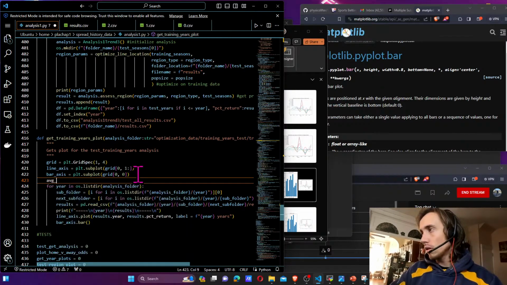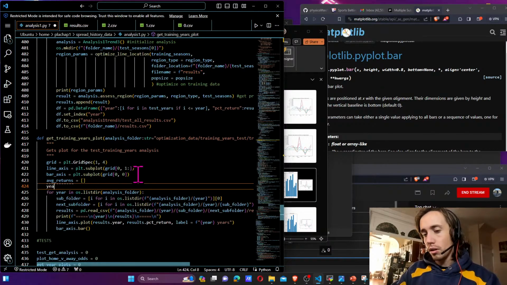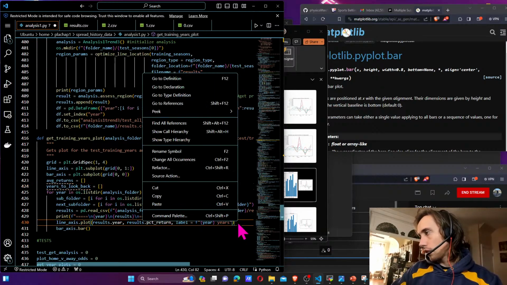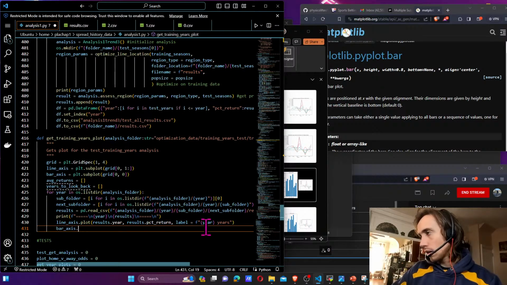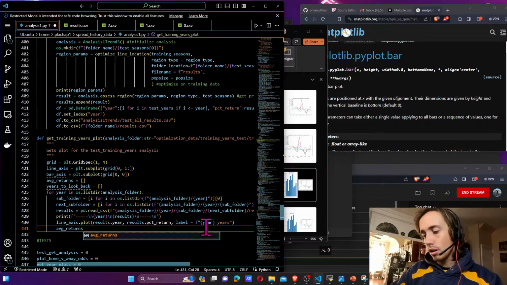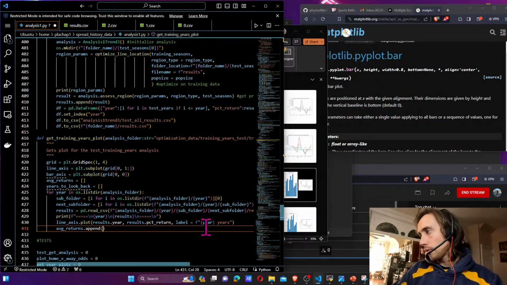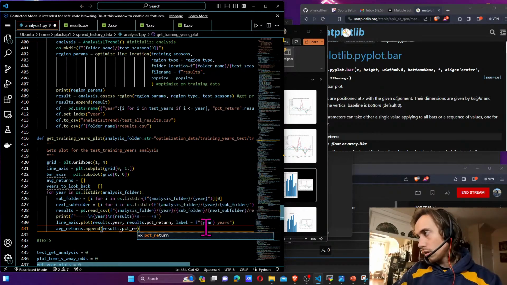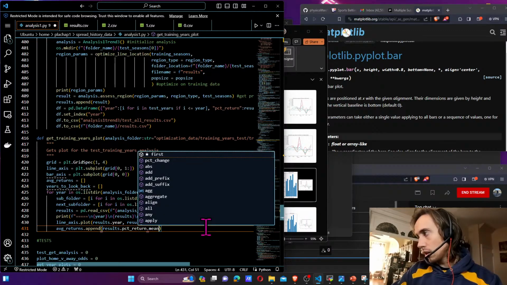Average returns is equal to an empty list, and years to look back is also an empty list. Then for each loop, we say average returns dot append results dot percent return dot mean,